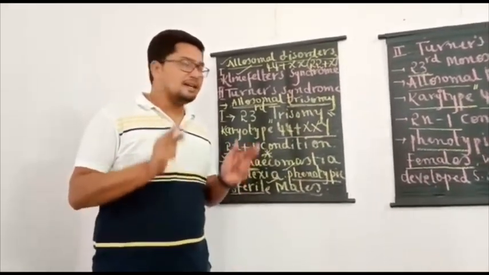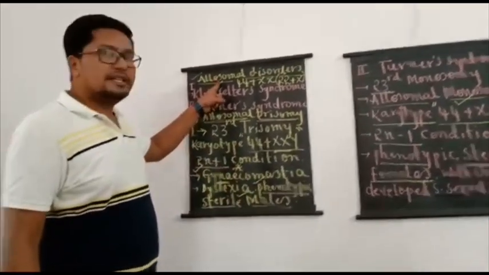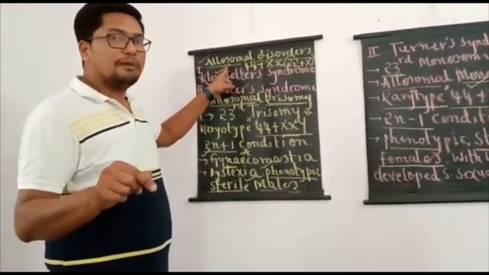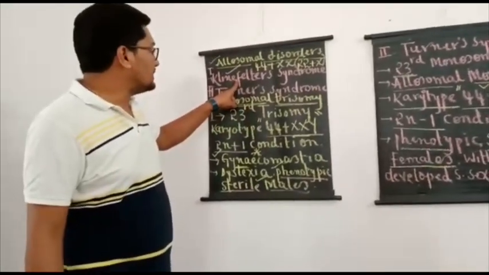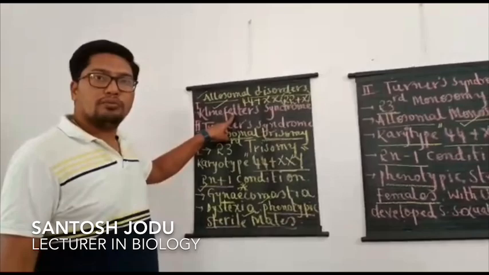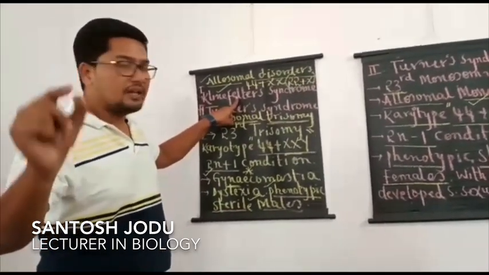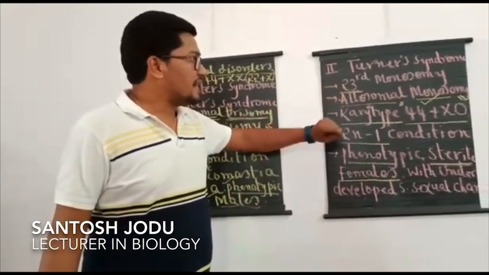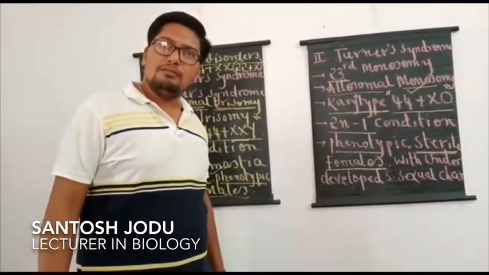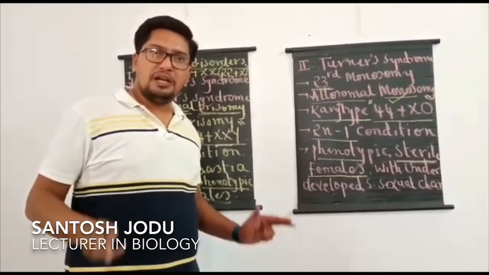So this is all the information about the two allosomal disorders given in our syllabus, that is Klinefelter syndrome and Turner syndrome. Klinefelter syndrome is an example for allosomal trisomy. Turner syndrome is an example for allosomal monosomy. With this, we have completed the topic chromosomal